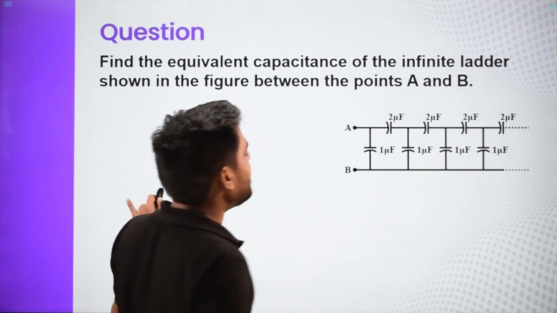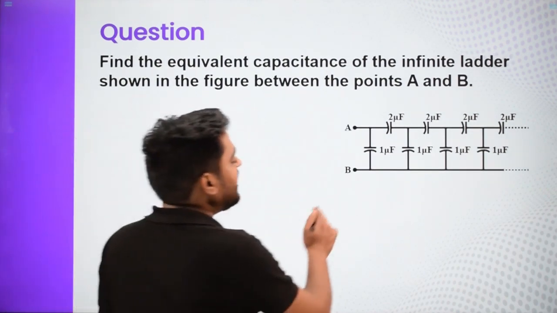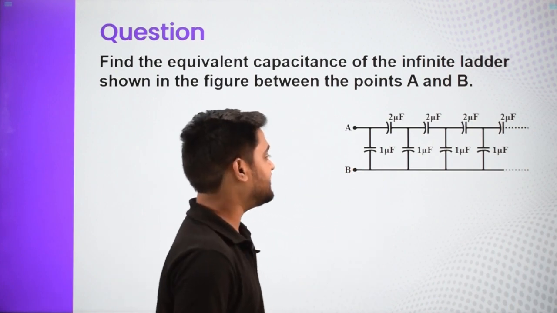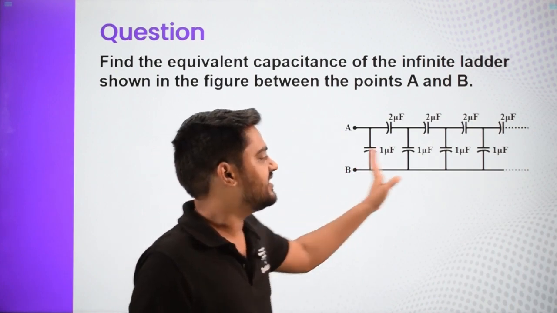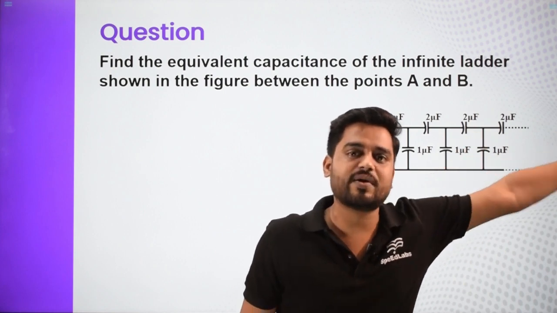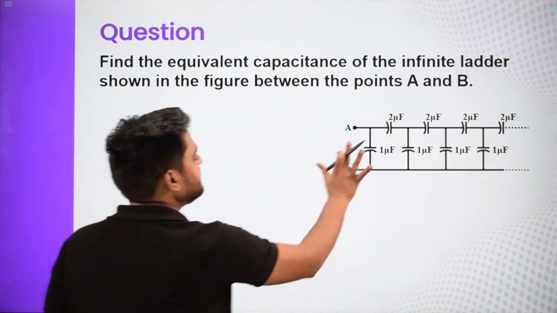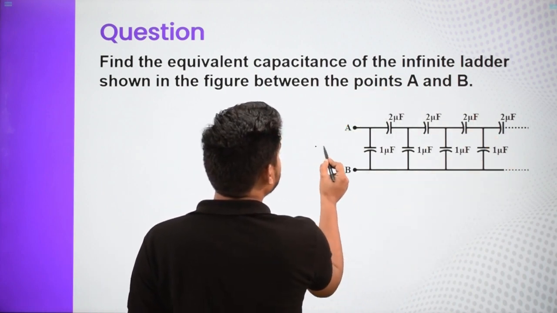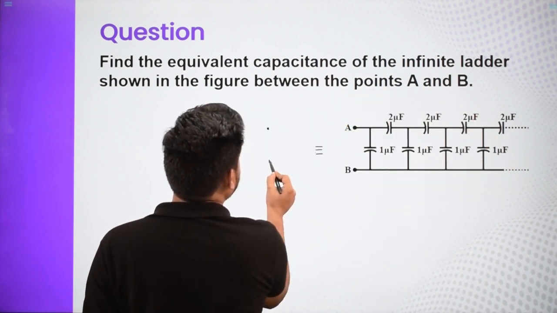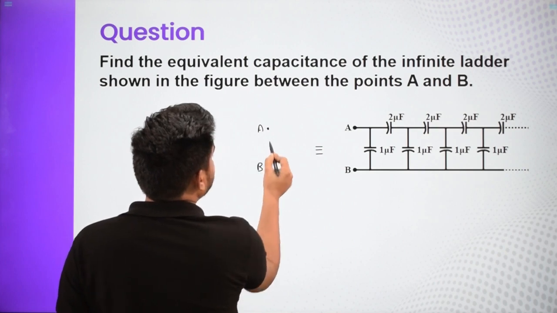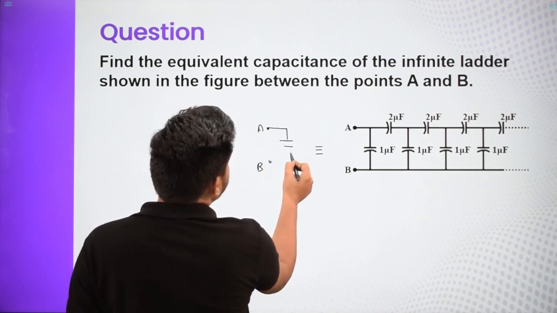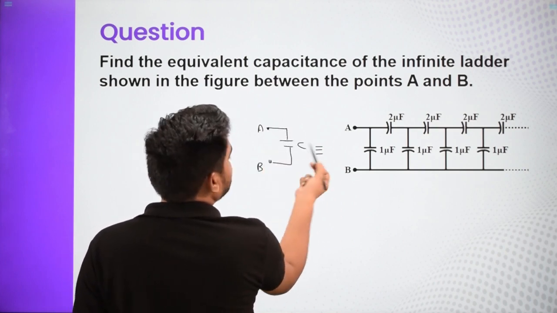So now here we have an infinite circuit where we have to get the equivalent capacitance between point A and B. As you can see, it is just dot dot dot, so it's going all the way up to infinity. We have this infinite circuit. So now if this entire thing, let us say, between point A and B is just equivalent to a single capacitance, and that is equal to C, that is C equivalent.